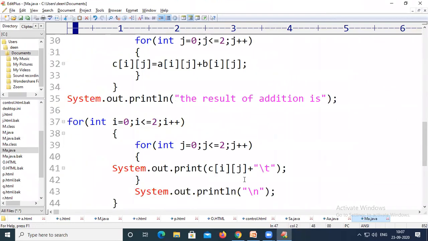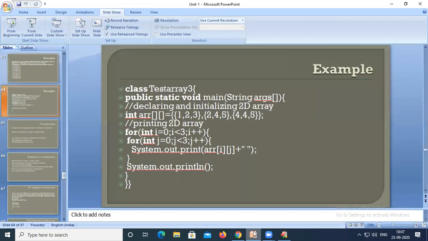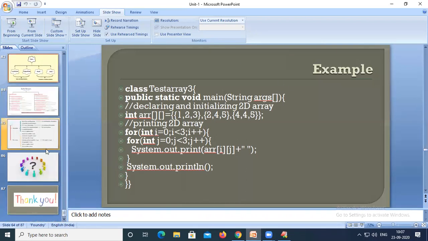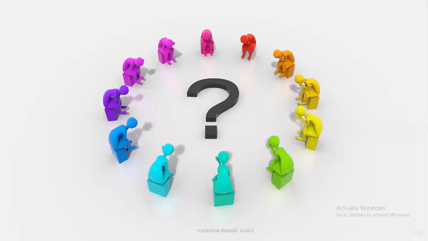And with this, I am going to close today's session. And in the next session, we are going to deal with the multiplication of two matrices in Java programming language. Hope you all understood the addition of two matrices, right? The people who don't understand, please watch it again.